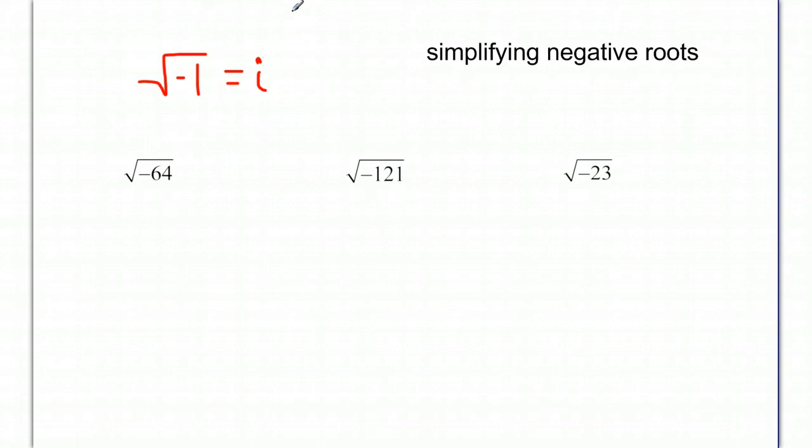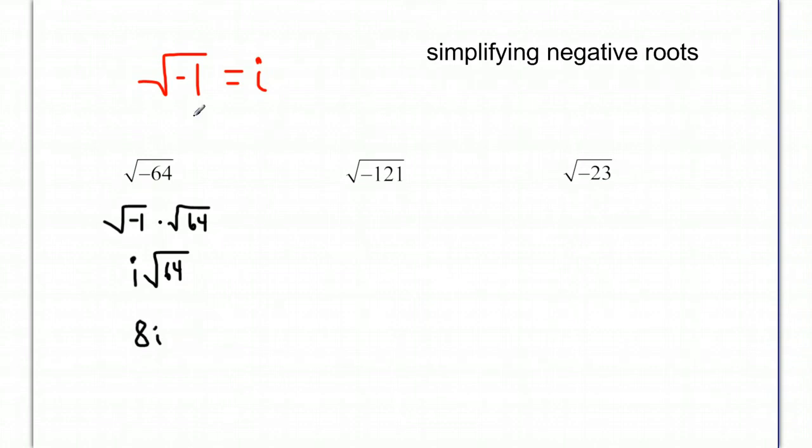So every time you see something that you could break down to have a square root of negative 1, we can replace it with i. For example, square root of negative 64 could be rewritten as the square root of negative 1 times the square root of positive 64. And as a result, we can pull that negative 1 under the square root into an i. It would be i times the square root of 64. The other thing is we know that root 64 actually simplifies down quite nicely to the number 8. So then you would get an 8 there, and you'd still have your i,